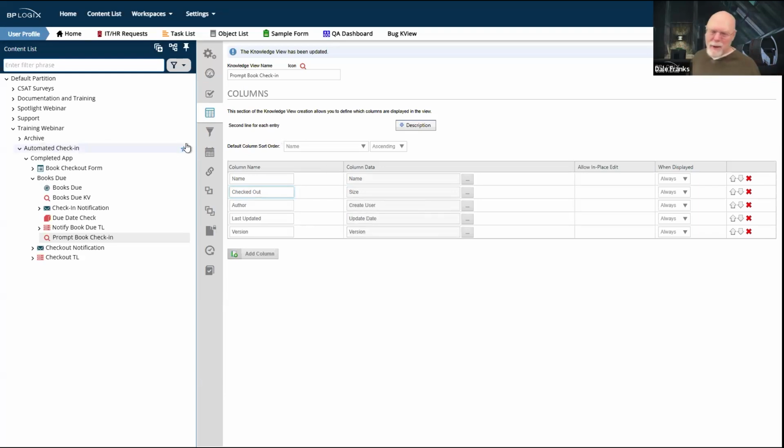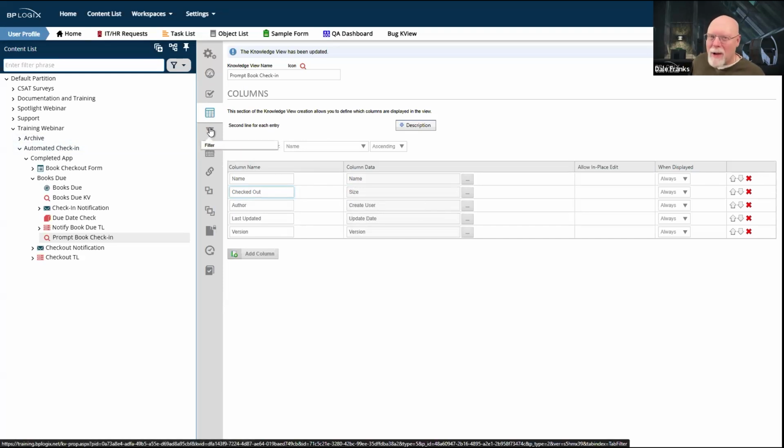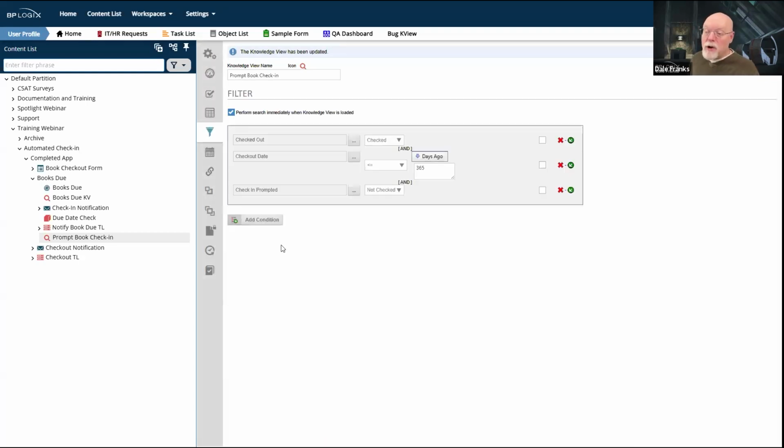Nobody's ever going to look at it. It is conceivable that I might run it manually just to kick off the processes manually, if I felt that was necessary, as we saw previously. But in general, I'm not even going to do that. This is all going to happen automatically. It's always going to run in the background. What I do have to care about are the filters for the form instances that I want to return. So I've got my two check boxes and I've got my checkout date.